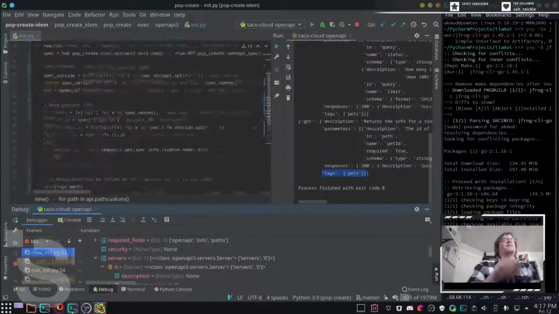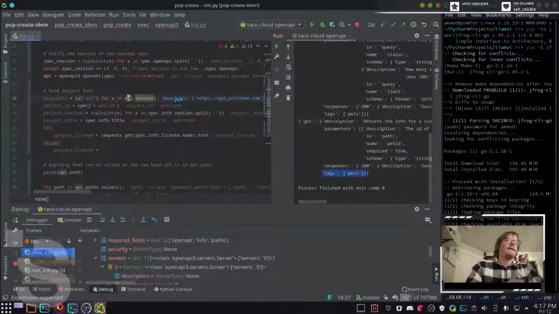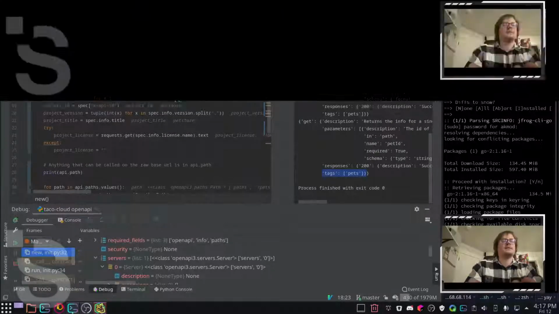I do want to use. Yeah, it looks like it was able to do that once I was in debugging mode. It was a lot easier. So looking at the API object again, API dot